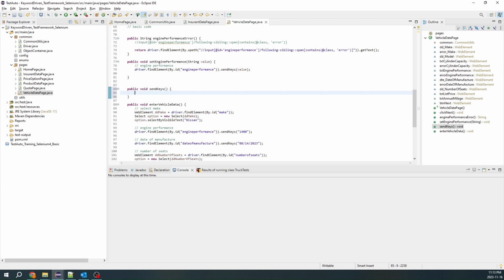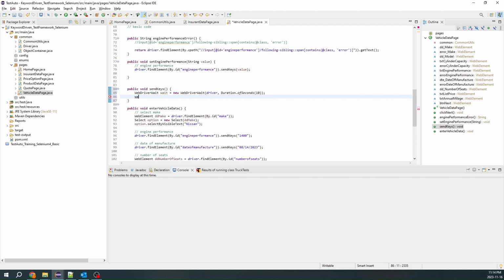Okay, so just like we did for WebDriver wait, now we know it's a new WebDriver wait, and then driver remains as is. Then we want to pass maybe 10 seconds, just like we did for the click functionality. Duration dot seconds, maybe 10 seconds. Okay, so once we have that, then we can utilize wait until, and in the click functionality we